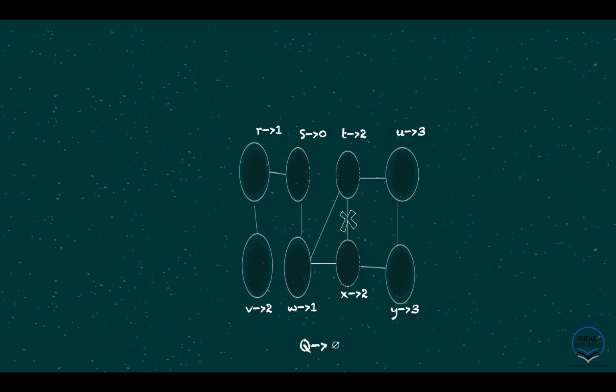So at the end we have our graph where we have these elements and their values, and the most value is 3. That means Y has a value of 3. So we can reach from our source to our destination with 3 hops. And we also do not have this path and this path for our graph.